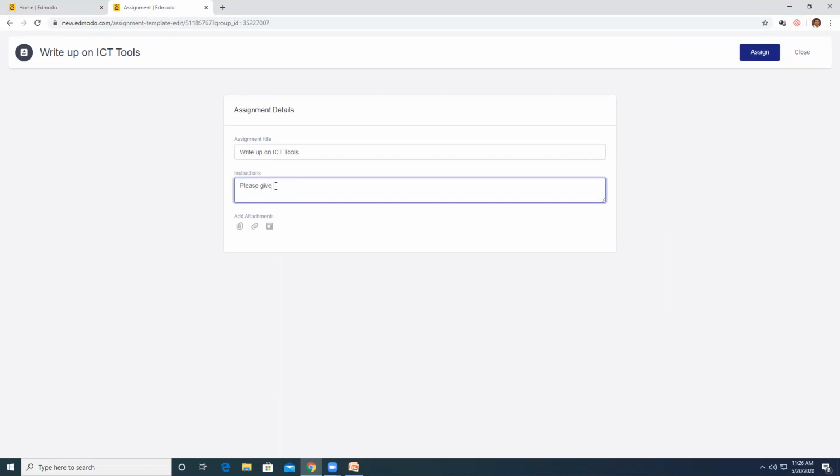Please share your understanding of ICT. You can add some files and give some reference files, and then say, go through this and give me a summary of it. Or you can give some links, they can refer to those links and then make a summary. It's up to you, it's your assignment.